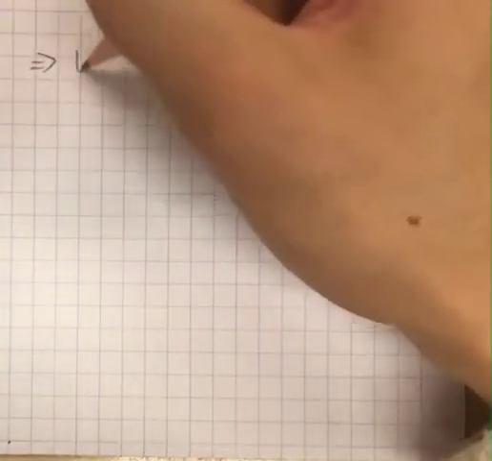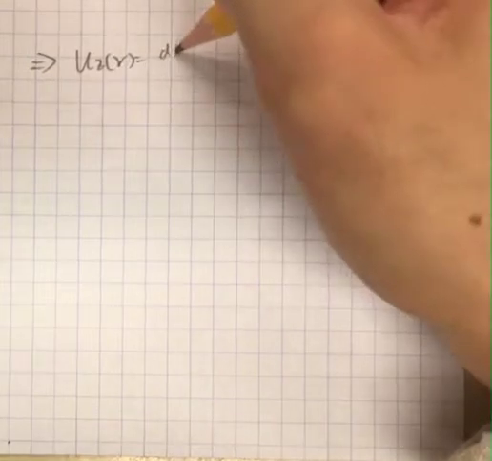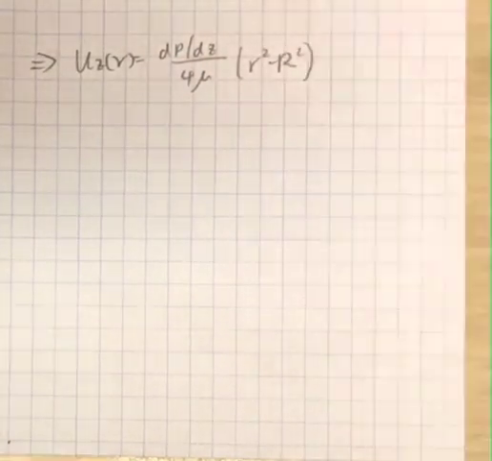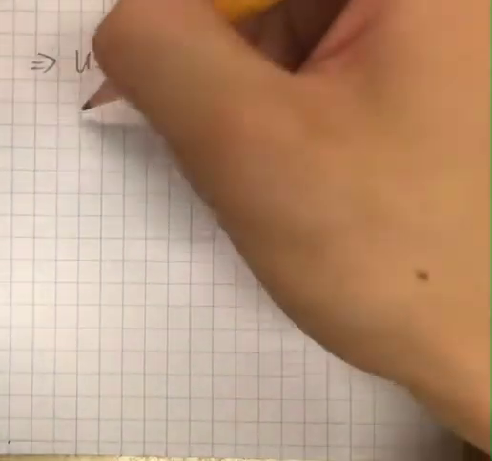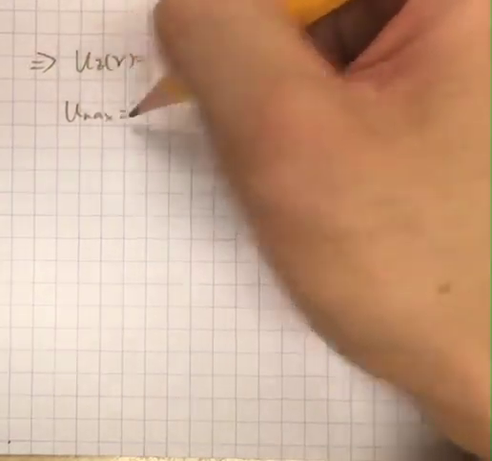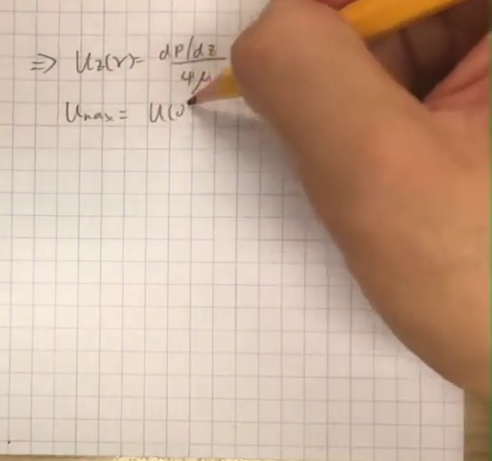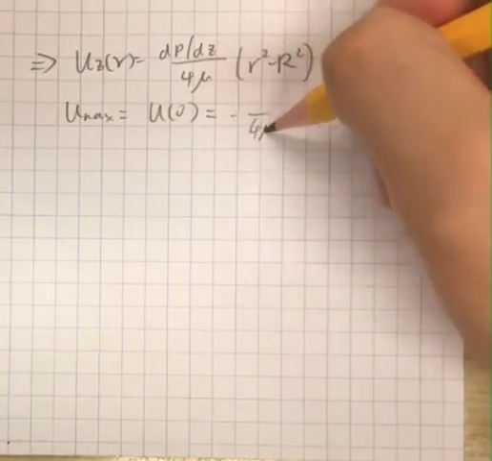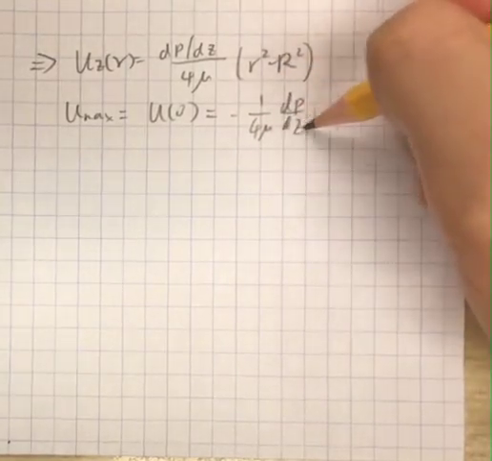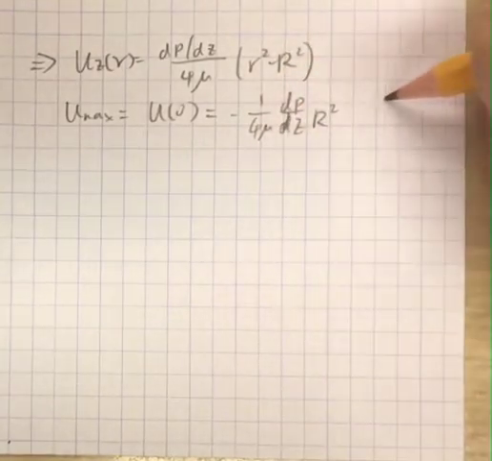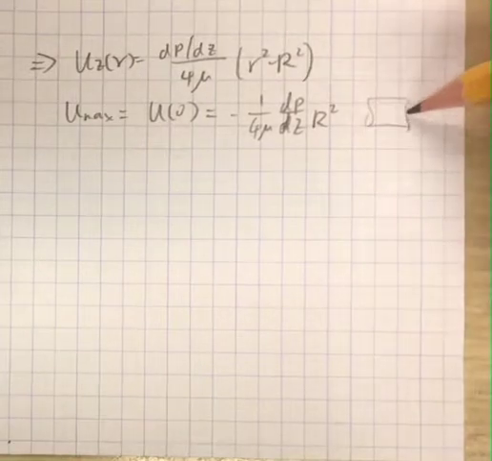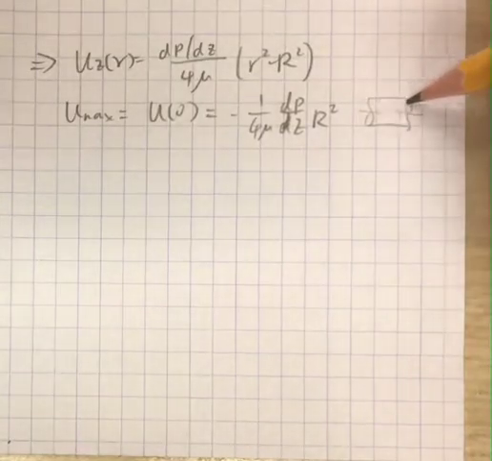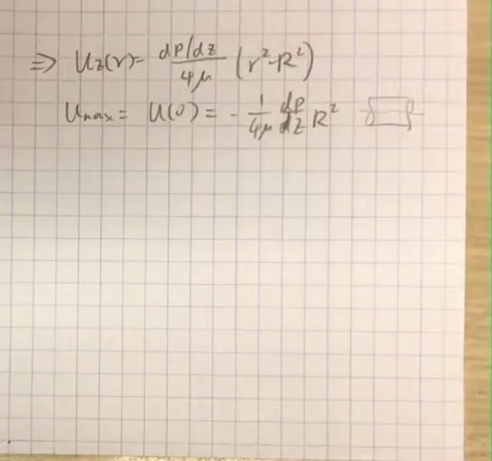So from here we get u_z is just equal to (dP/dz) over 4 mu times (r squared minus R squared)... What will be the u max? The u max will be at r equals 0, right? Minus 1 over 4 mu times dP/dz times R squared. Only in the middle axis will we have the least influence from the boundary of the